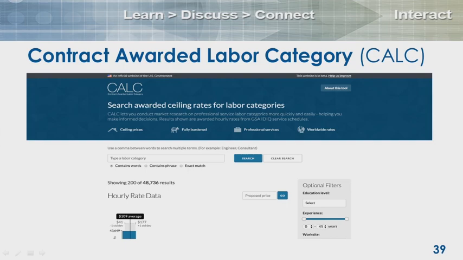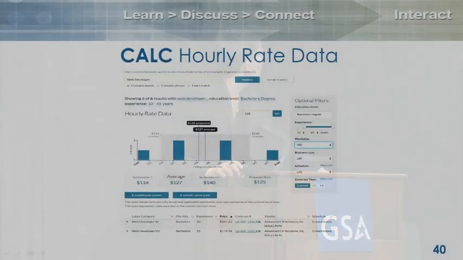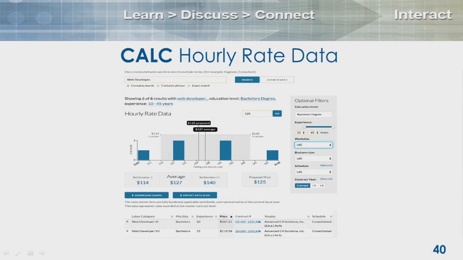For those of you who've ever had the opportunity to build a cost estimate, and had to dig through the different pricing sheets to find the same labor category, this allows you to search specific labor categories across multiple contracts by just entering it in. We put in web developer, and it shows that the average cost of a web developer, and I can't see if it has the number of contracts up here, is $127.